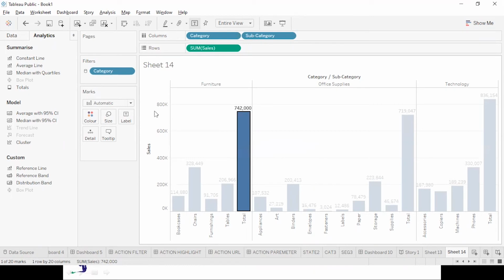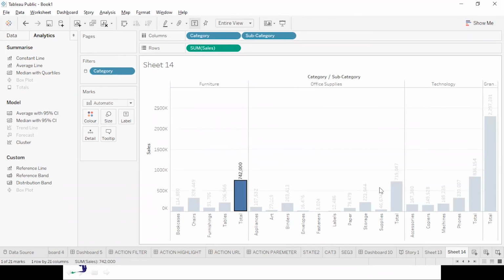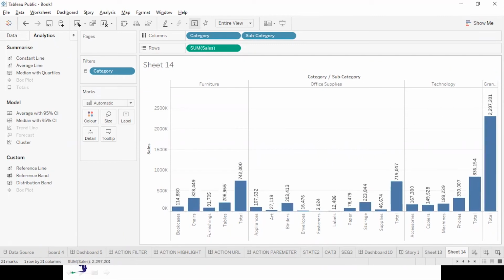Okay, and let me once again take the totals and I will put a grand total. Row grand total. Let me put on this and see over here. So you can see we are getting the total over here.